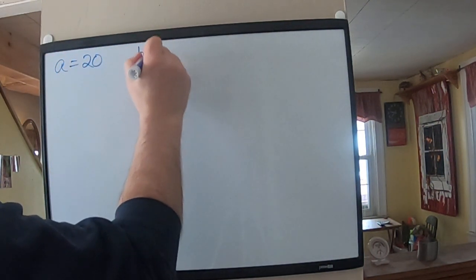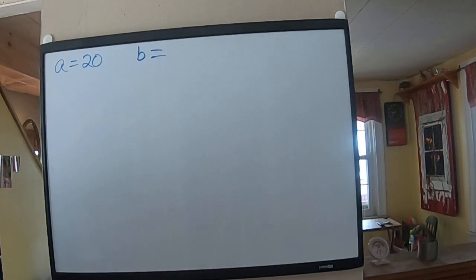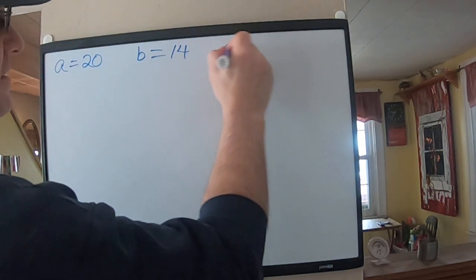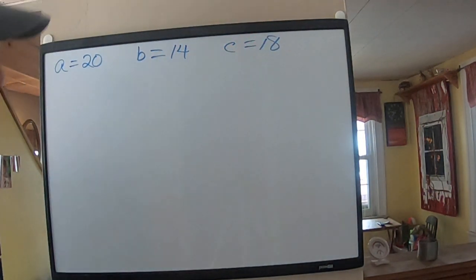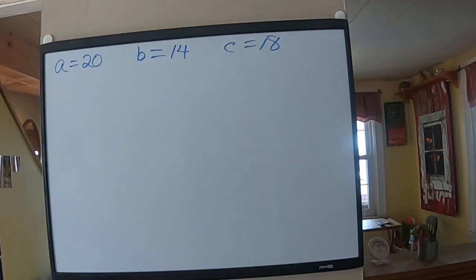If you're given sides A, B, and C, A is 20, B is 14, and C is 18. All right. Now, you may say to yourself, which angle should I try to find first? I am going to suggest that you always, when you're given three sides,